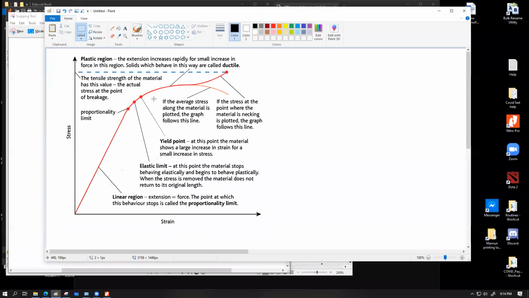ওকে, মনে করো একটা সার্টেন অবজেক্টকে আমরা এই পর্যন্ত লোড করলাম, লোড করার পর আবার রিমুভ করলাম, সে আবার এখানে চলে আসবে। এই পর্যন্ত লোড করলাম, লোড করে আবার রিমুভ করলাম, এখানে চলে আসবে। লোড করতেছি মানে হচ্ছে আমি তাকে মোর ফোর্স দিয়ে ডিফর্ম করতেছি, তার মানে আমি স্ট্রেস বাড়াচ্ছি। স্ট্রেস কিভাবে বাড়ে? এফ বাই এ। তো ফোর্স যত বাড়াবো স্ট্রেসটা তত বেশি হবে না? জি।